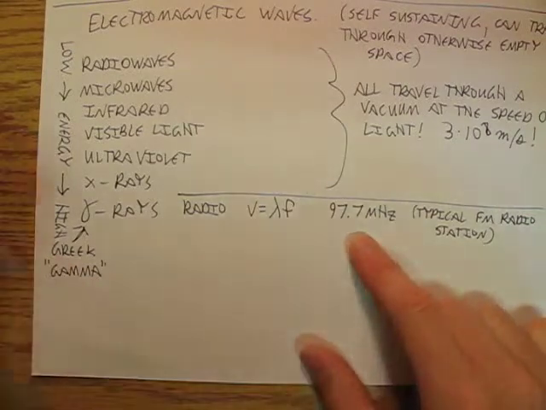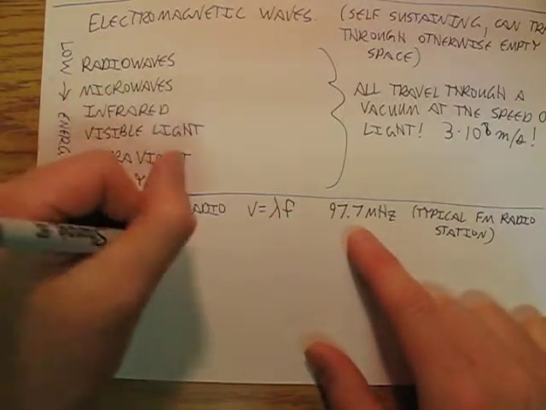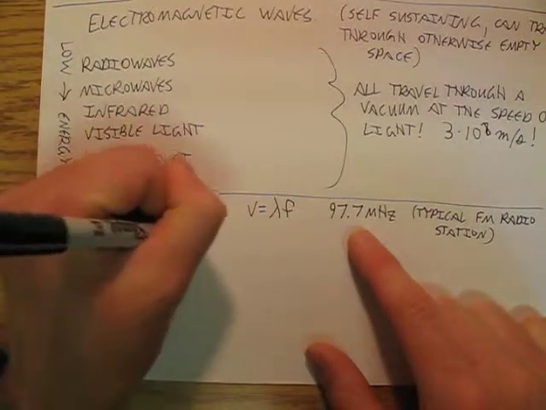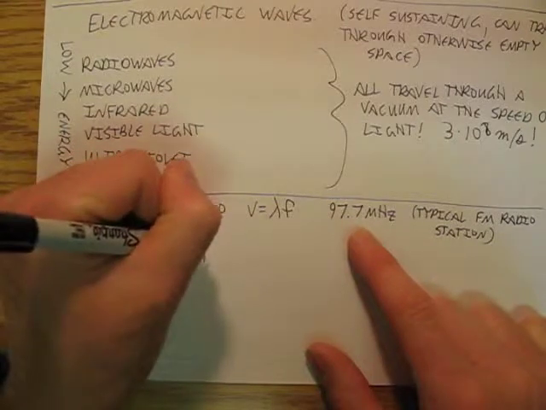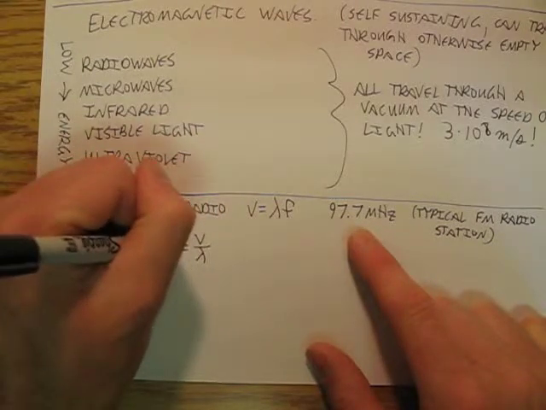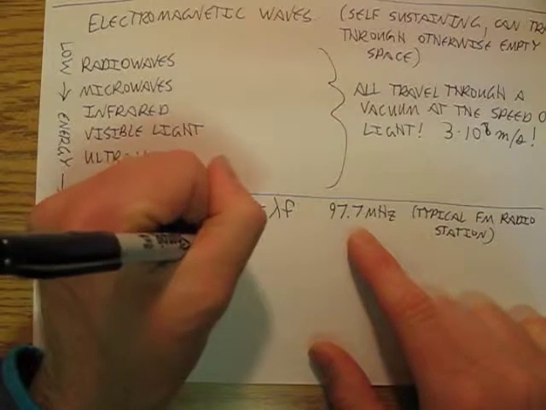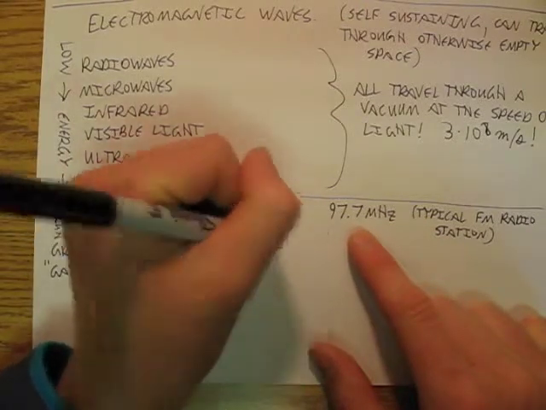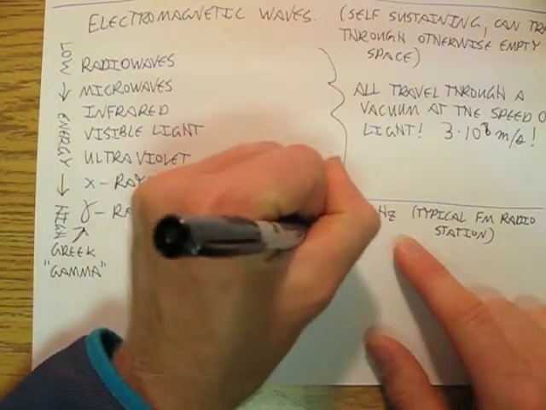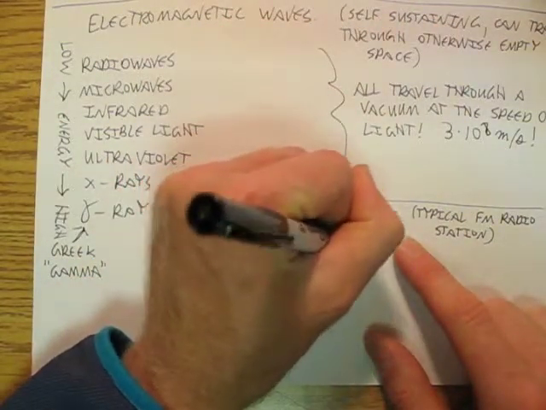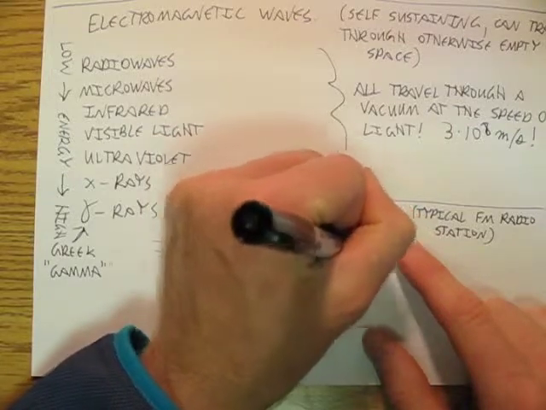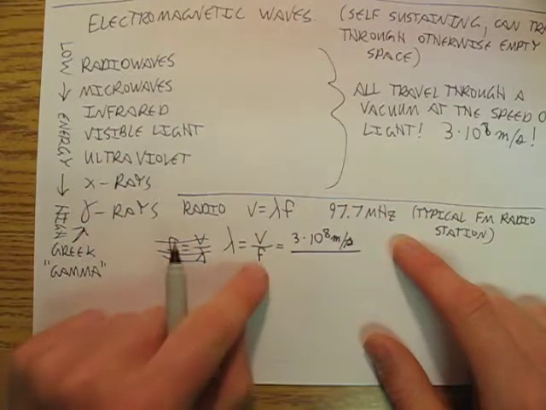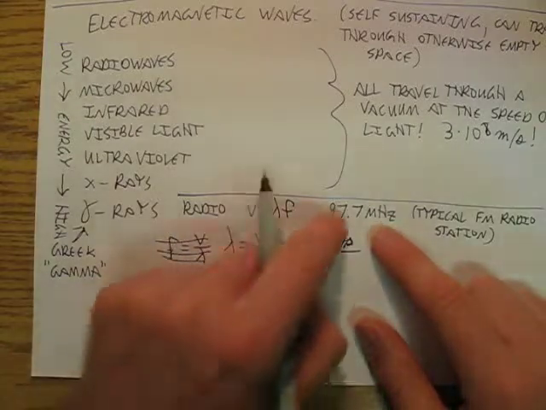And so we're going to figure out f for that. f is going to be v divided by lambda. I'm sorry, I already know f for that. So we're going to say lambda is equal to v divided by f. So my v is going to be 3 times 10 to the 8th meters per second. And my frequency is going to be